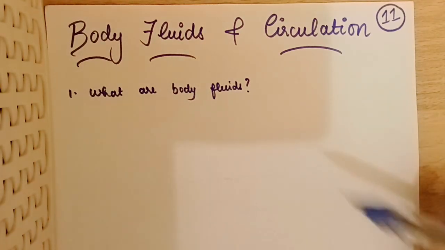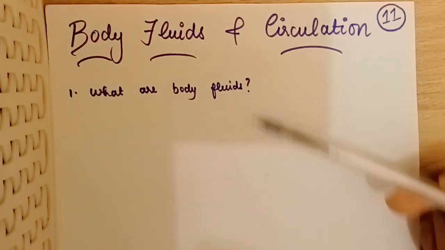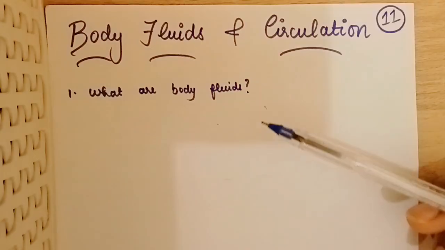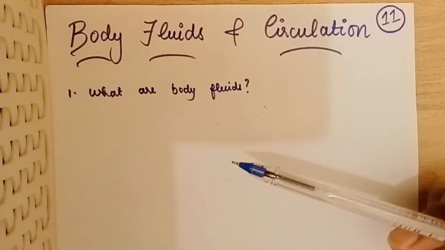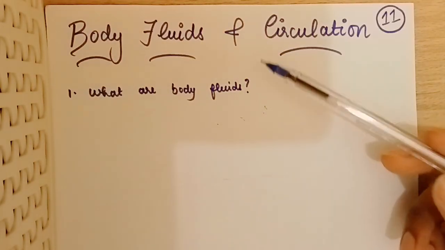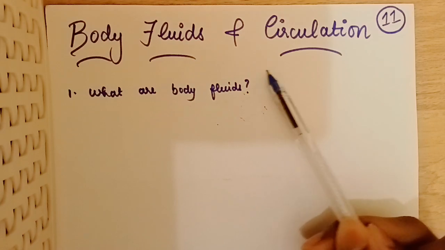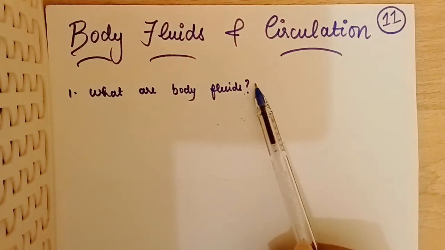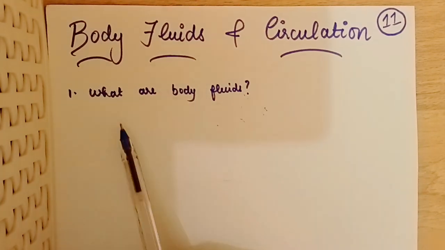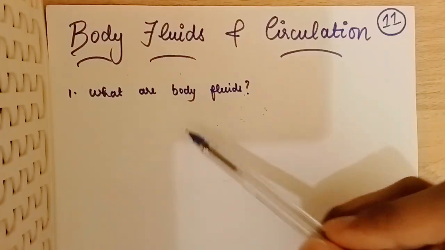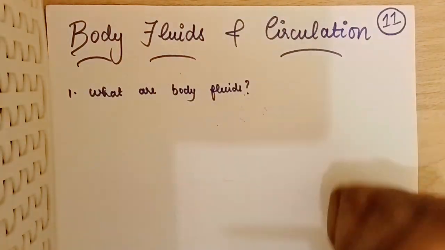Body fluids are the liquids that circulate in our body and help in transport of nutrients, gases, hormones and wastes. Fluids in physics are both liquids as well as gases, but we'll be focusing on liquids. So body fluids are the liquids that circulate in our body and help in the transport of nutrients, gases, hormones